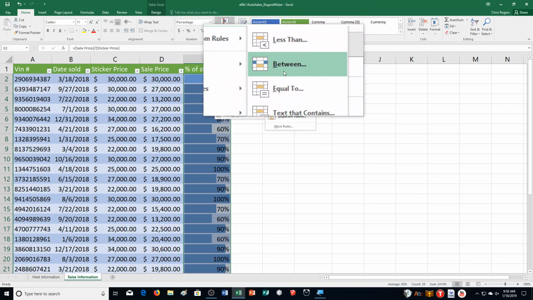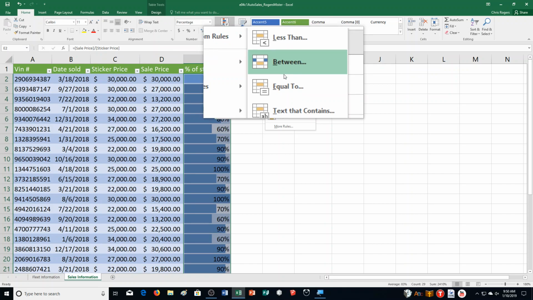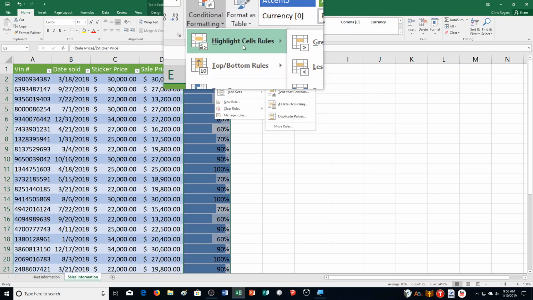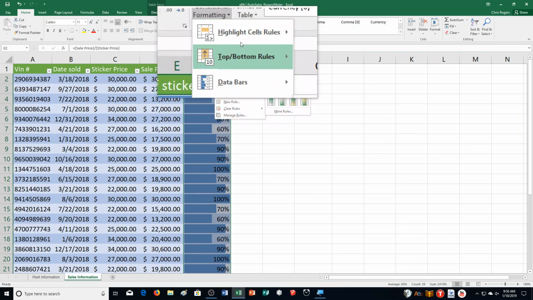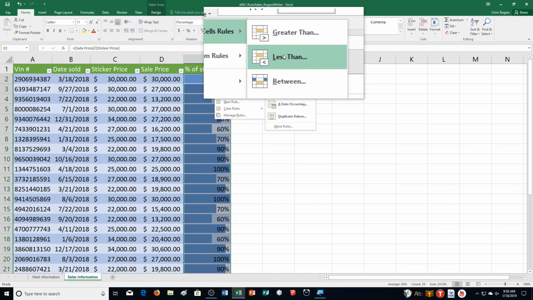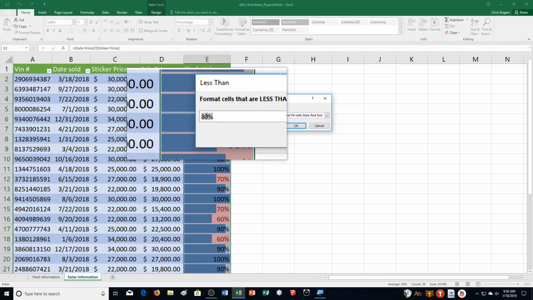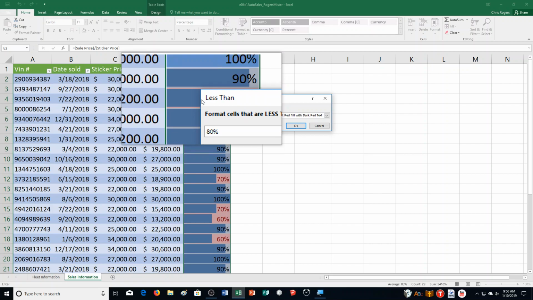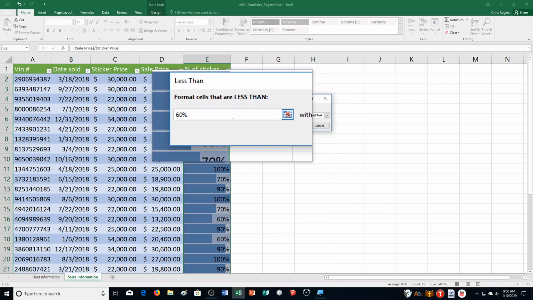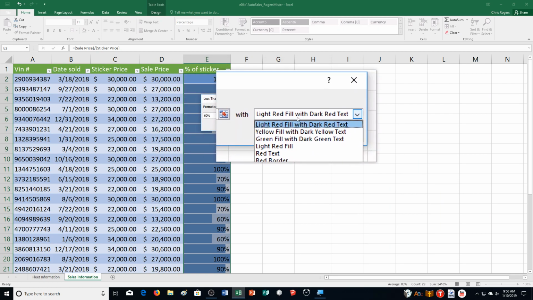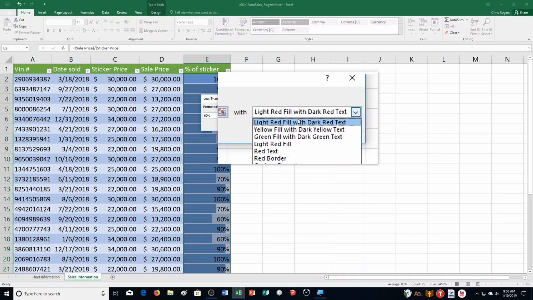So we got greater than, less than. So we're going to do less than. So highlight cell rules, because I believe that's highlight cell rules. Make sure I have the right one. Less than. And we're going to choose not 80%. We're going to switch it to less than 60%. So format cells that are less than 60%, and we're going to do, it says yellow fill and bold